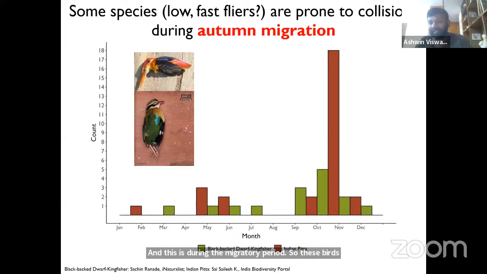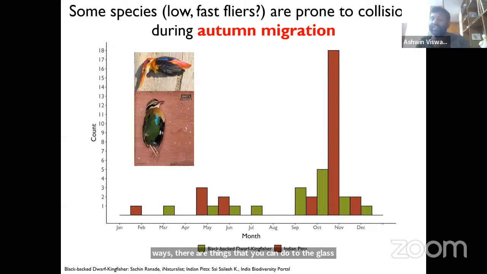So how does this help us? What you can do is if you see somebody with a glass building near you, maybe if you live near a slightly forested, wooded area, you can go tell them that for these 2 months, see if you can provide something that tells a bird that this is glass. Because the problem is birds can't make it out. It looks transparent and they go through. And there are things that you can do to the glass that make it visible to a bird.